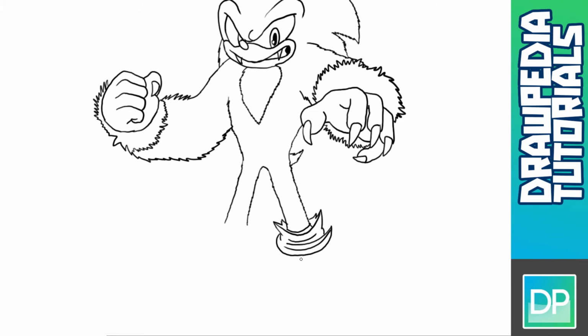Now for his shoes, I'm gonna draw a triangular shape right there with a curved line base like that, and I'm gonna do a similar shape on both the left and right side of it, and then I'm gonna draw a curved line from this corner here down on both sides as well, and on the bottom part we're gonna draw a curved line at the side right there. Then I'm gonna draw from the side point a curved line upwards in the center and mirror that on the right side,